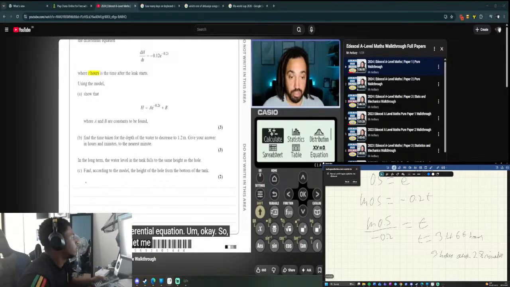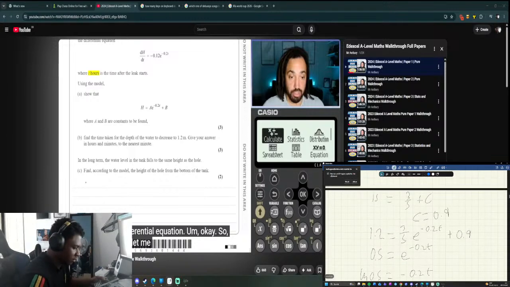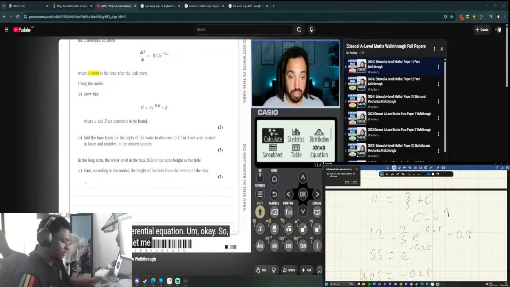In the long term, the water level in the tank falls to the same height as the hole. Find, according to the model, the height of the hole at the bottom of the tank. Okay, so I'm guessing it never reaches 0, which is something I should have figured out, but I didn't. Why doesn't it reach 0? If the time is infinite,